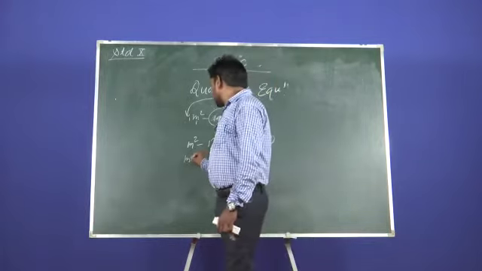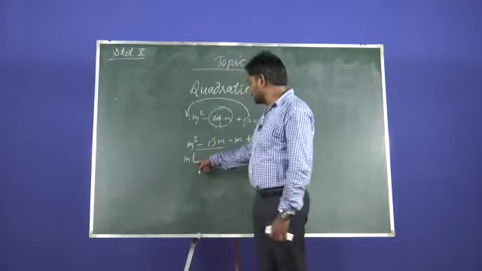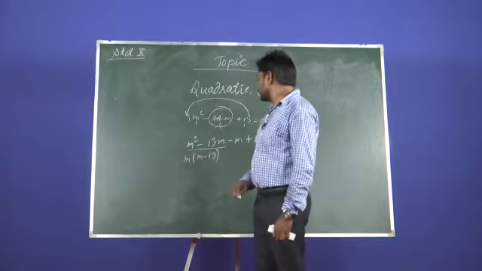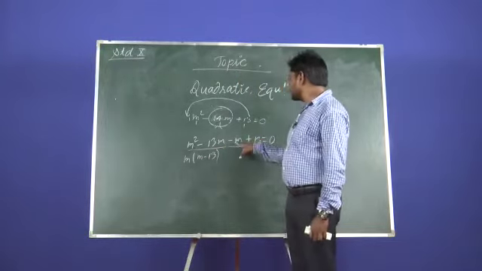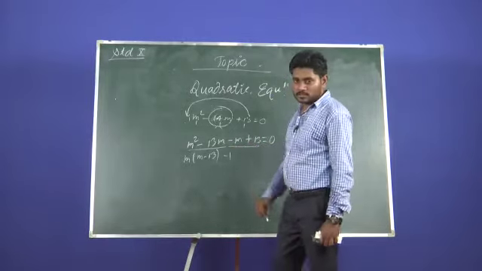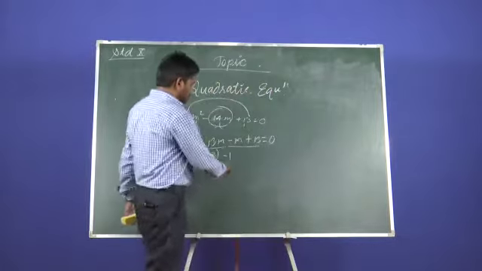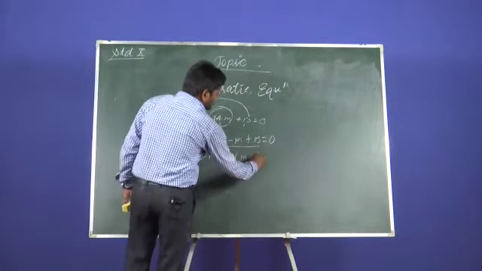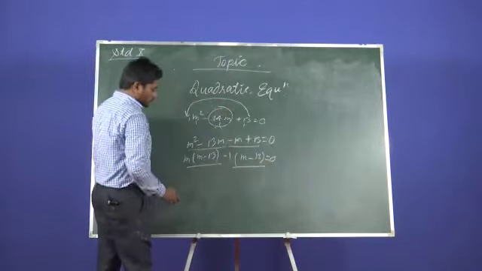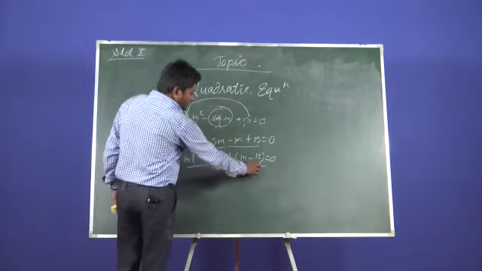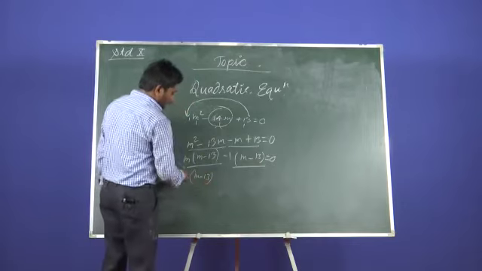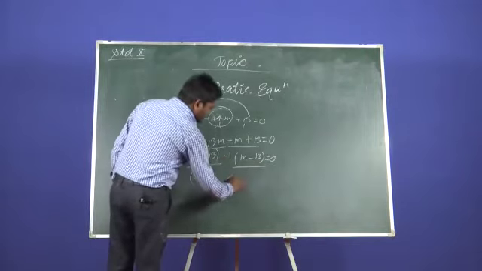Now here we take m common between them, so here m is common: m minus 13. Again, here there is no term which is common to both, so we take minus 1 common. Got it? Minus 1 common, so here it will be m minus 13 also. So there are two terms. In the first term m minus 13, the second term is also m minus 13, so we get m minus 13 common. Now here there will be m minus 1 in the second bracket.